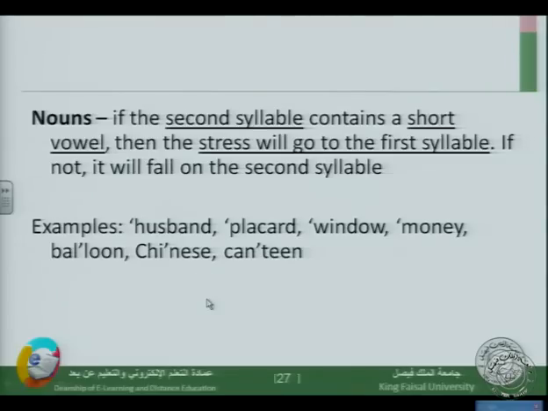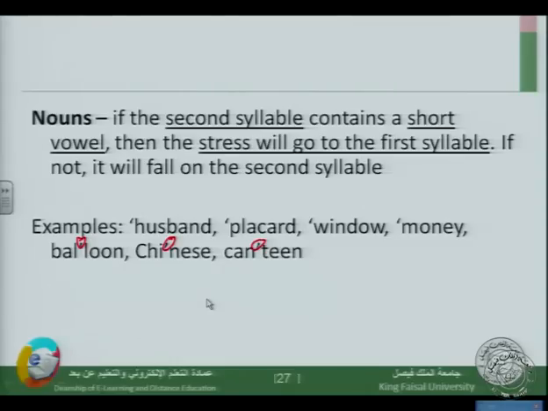If not, it will fall on the second syllable. For example, husband, placard, window, money. While in some words, balloon, Chinese, canteen, notice the stress falls on the second syllable. Why? Because the first syllable has